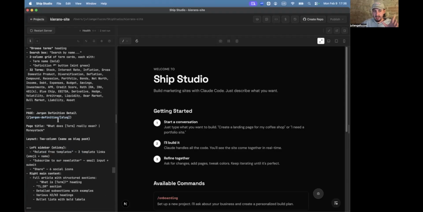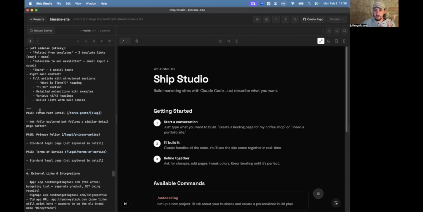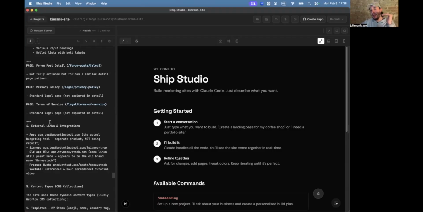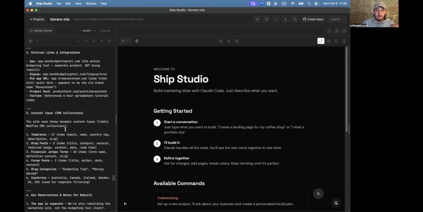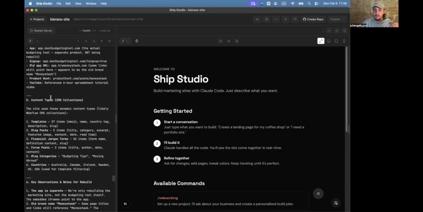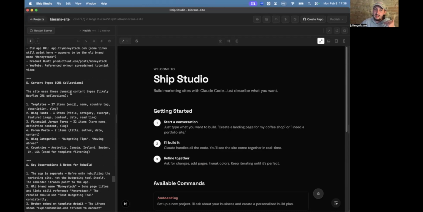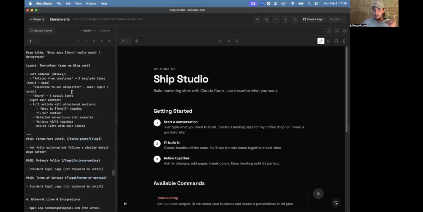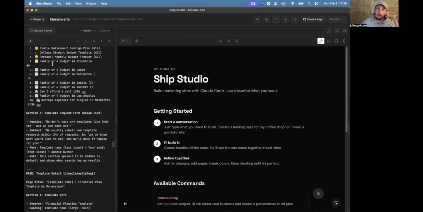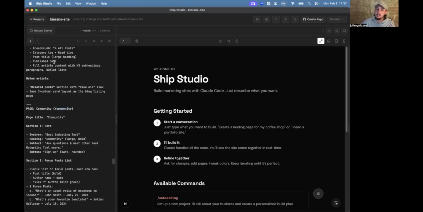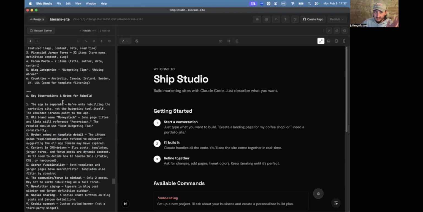It finished making its plan right over here, so it's explaining how the site is going to go. As you can see, I'm scrolling through it. Usually, if I wasn't on camera, I'd be going through it in a little bit more detail, but all you're really doing here is looking for something wrong. For example, it said we're going to use these fonts, these colors. Look at those, make sure those are correct. If you go through and you don't see anything strange, you should be good to go.